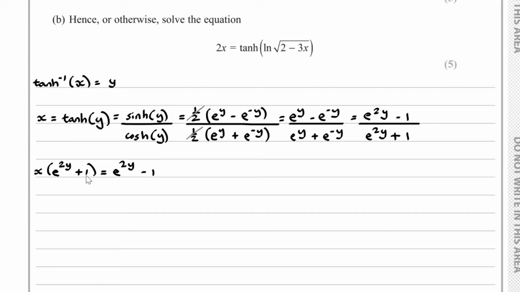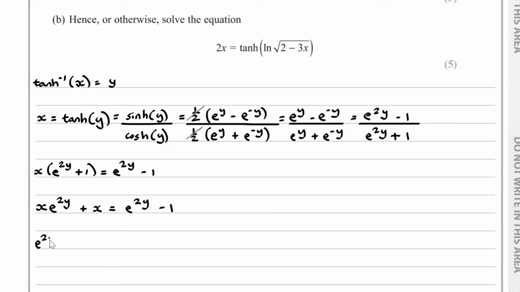And if we expand the brackets, on the left hand side we have x times e to the power of 2y plus x, and this is equal to e to the power of 2y minus 1. And if we gather everything containing an e to the power of 2y on one side and everything that doesn't contain an e to the power of 2y on the other side,